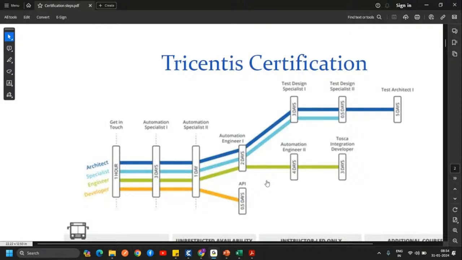In my Tricentis account, I logged in through my office mail ID, and I can see the Tricentis support status is showing as gold. Previously I downloaded Tricentis and logged in using my office mail ID, and at that time I was able to log in.